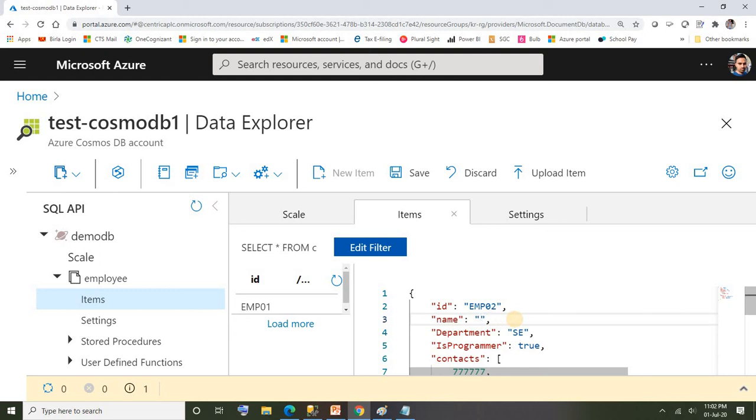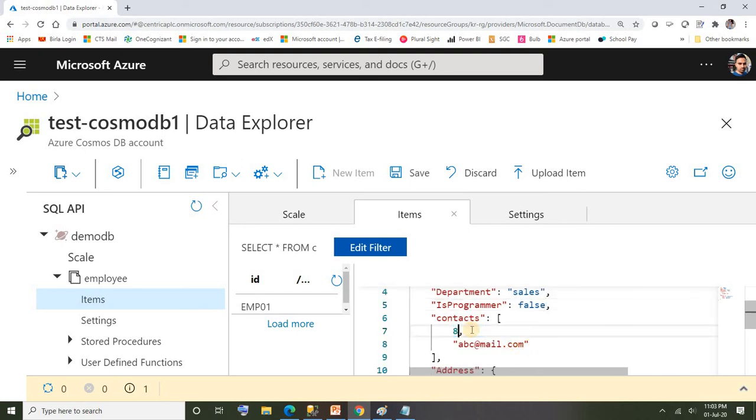For these fields, of course you can have duplicates, that's not an issue, but I'm gonna have different value. He is from sales department and he is not programmer. Let's make it false.